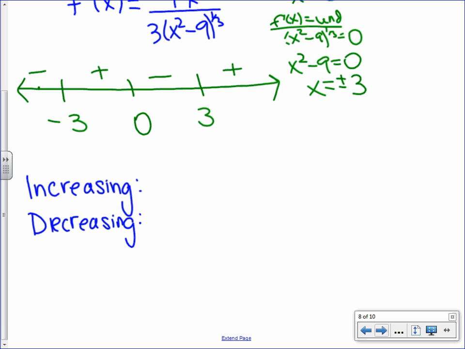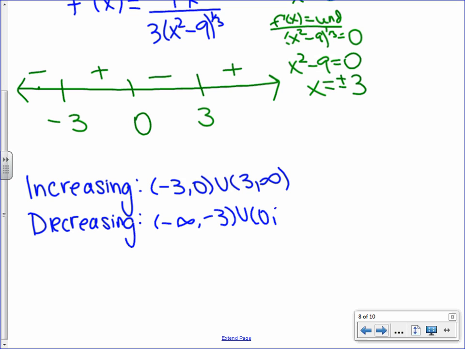So first of all, where is this one increasing? -3 to 0, and 3 to infinity, because what? Because the derivative is positive. We are decreasing. Negative infinity to -3 and 0 to 3 because, with a little bit more enthusiasm, because